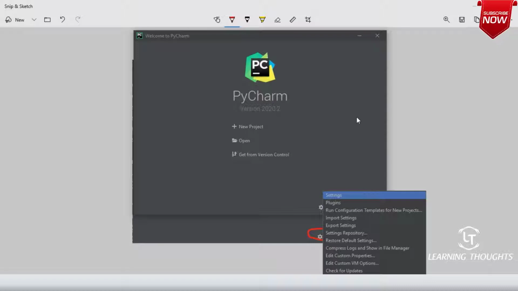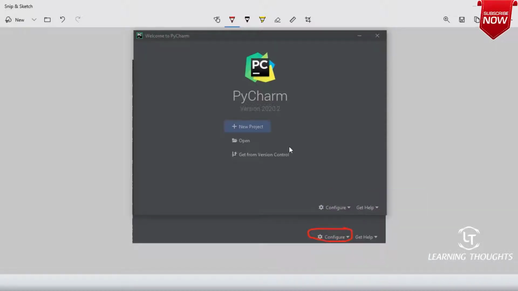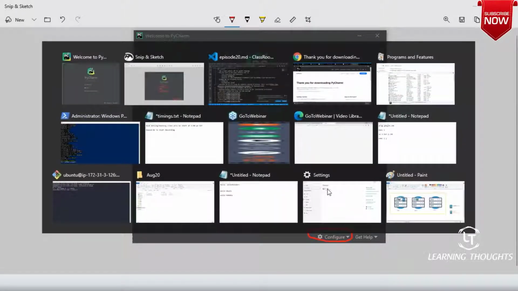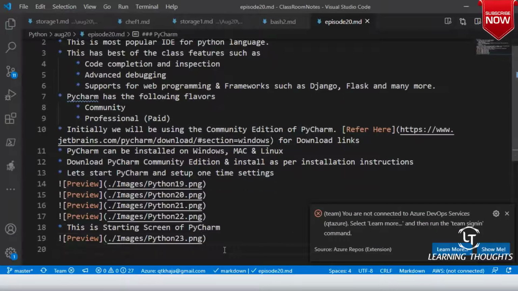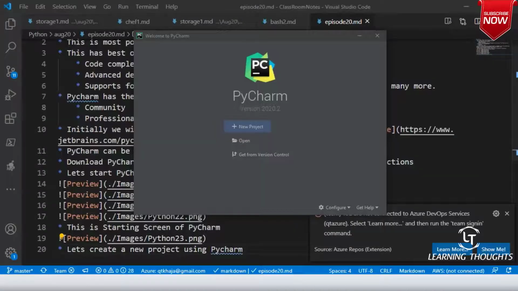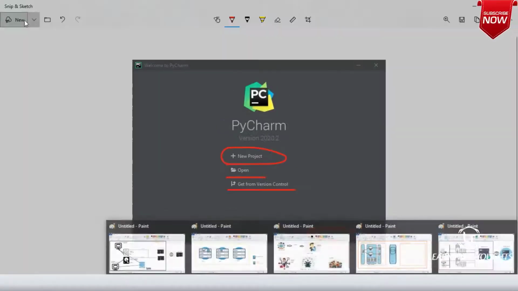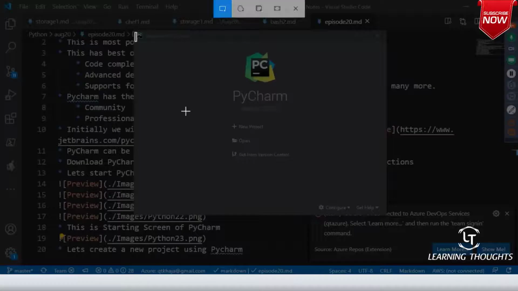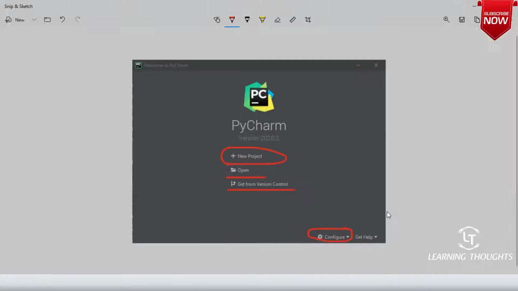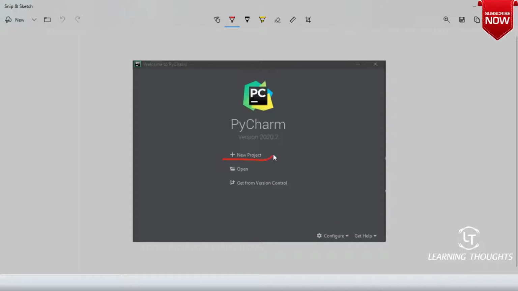So I'll basically select the new project. Now let's create a new project using PyCharm. This is a Python project which we want to create. Even if you are using a different operating system, this UI will not change a lot.